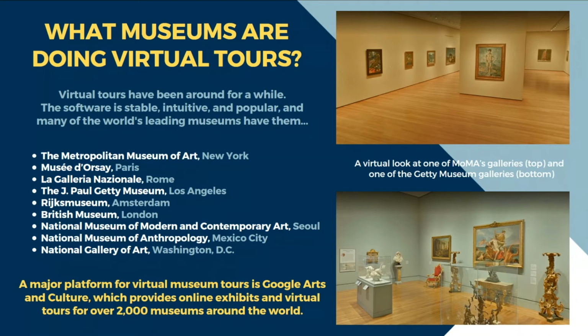But I just want to emphasize, this does not mean that small museums cannot have virtual tours that are world-class quality. And I think what we're finding is that many of the techniques we'll be talking about here today